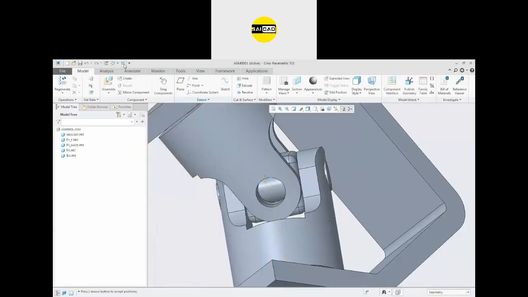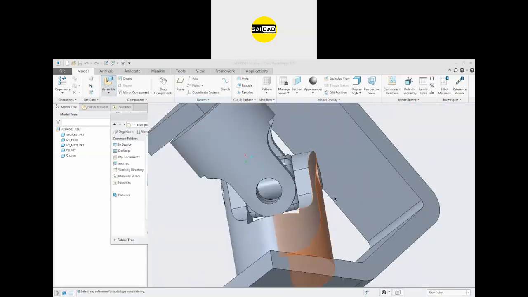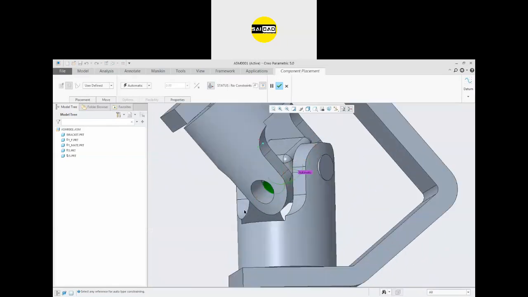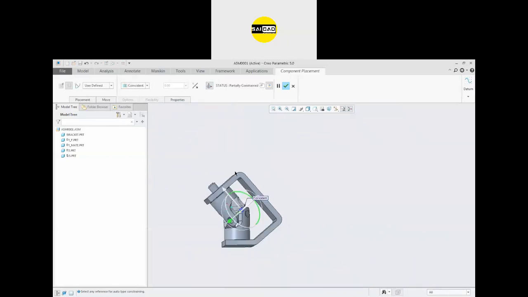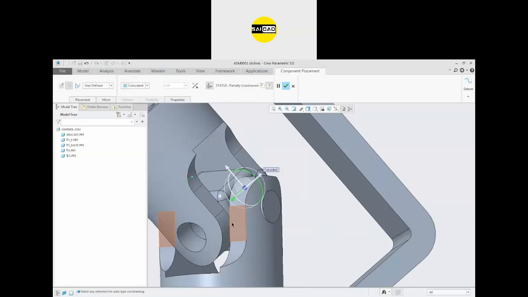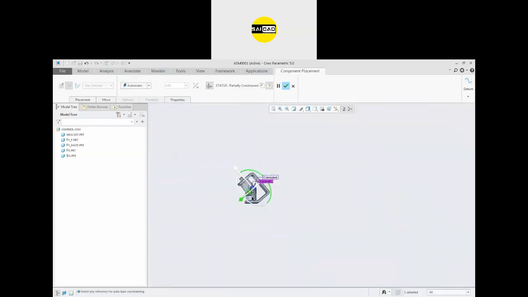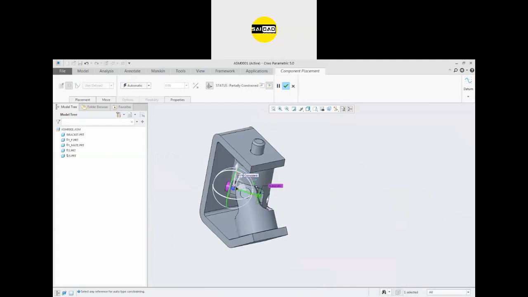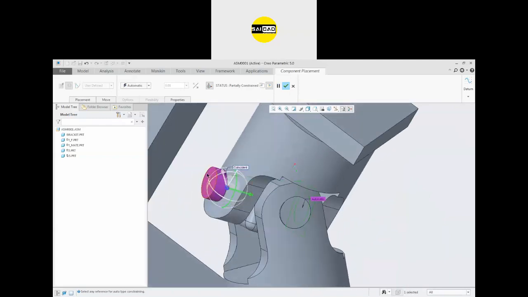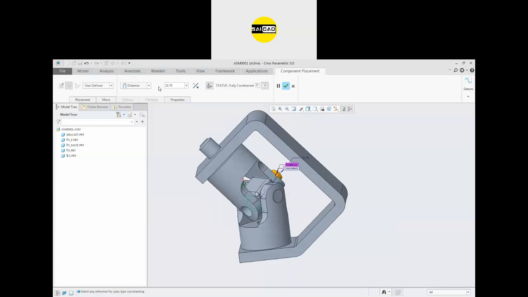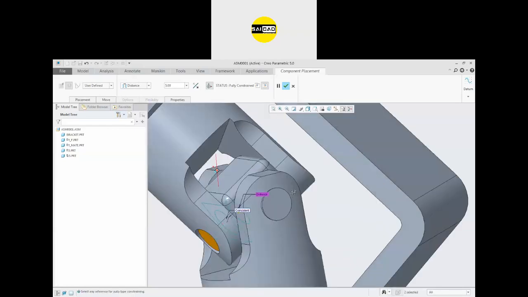Now go to the symbol, insert the pin, specify the relation that this face will be constant, and this face will be in relation to this face. That will be the distance. So you need the distance. I know distance is around 15, like that.